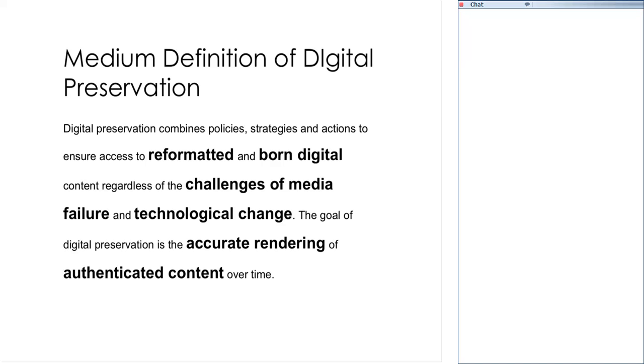The final piece that's mentioned here in the medium definition is accurate rendering of authenticated content. Authenticated content really is a nod to provenance, right? That we want to know where the content came from and that we have certain rights over it. One of the things we will not spend a lot of time on in this webinar series are the myriad legal issues that come into play in digital libraries. I don't see that there's a groan button on the interface, but I'm sure if it was there, you'd all make use of it. Intellectual property law is more and more day-to-day involved in what we do in libraries and